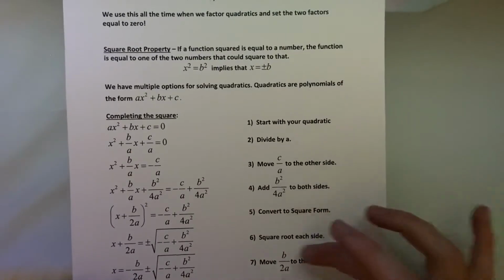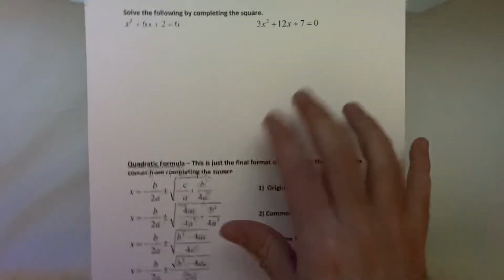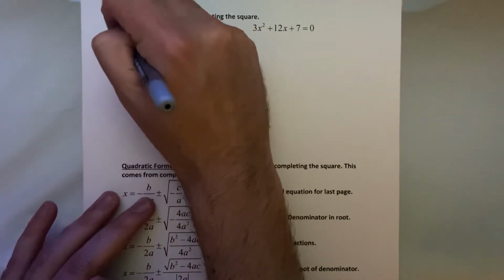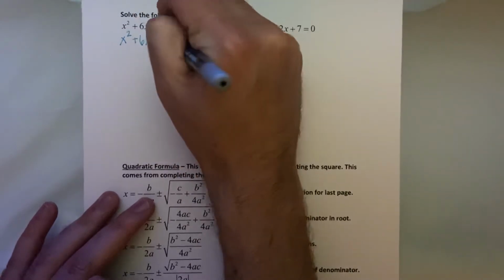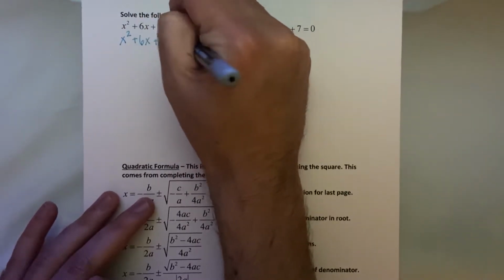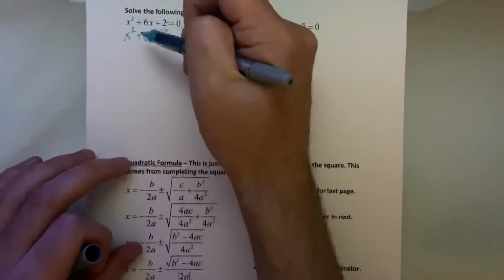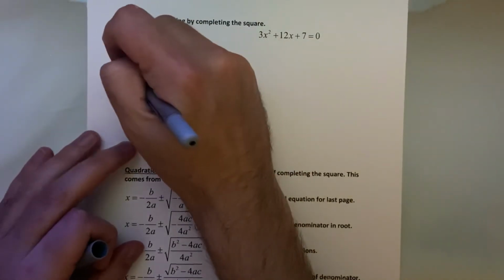These steps are useful. This looks scary, but these steps are useful. So in order to complete the square, it says divide by a. A is the number in front of x squared, in ax squared plus bx plus c. So in this case, it's a 1. There's nothing to divide by. Next is move c to the other side. When you do that, my suggestion is always to leave a blank. So we subtracted 2 on both sides, because anything I add to one side, I'm going to have to add to the other. Take the number in front of x, divide it by 2,